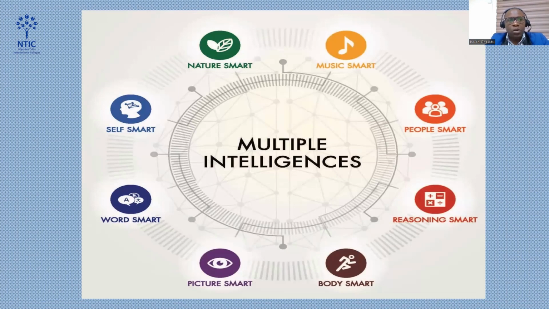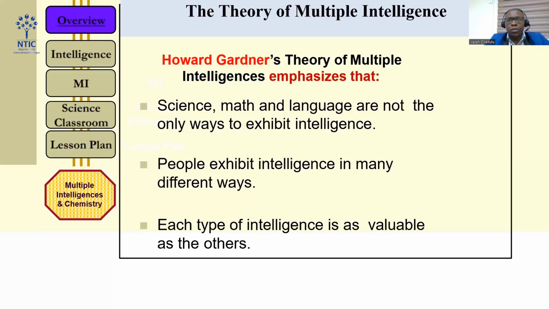All right, we want to look at multiple intelligence in this modern world of education that we are in. It has been a subject that has been around for quite some time now, but many a time we don't apply it to our lessons or to our pupils while we teach them in the classroom. We want to look at how far this can go and help us to improve in our teaching activity. Now, this is a theory that was propounded by Howard Gardner.